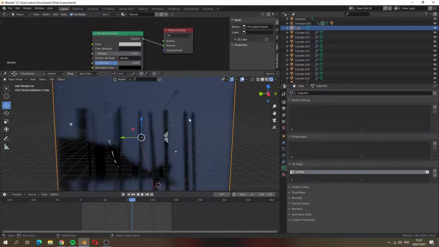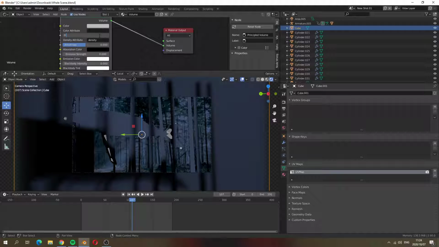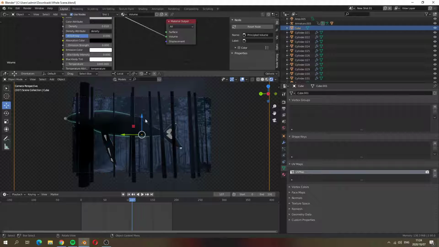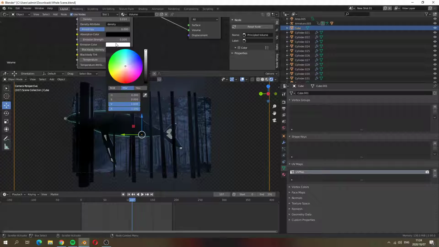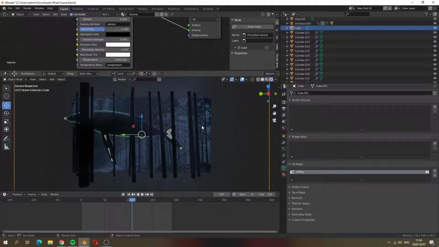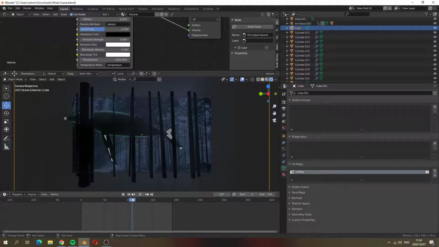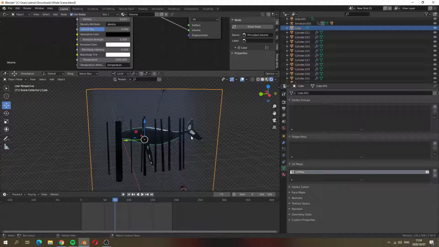I don't just want to do that because I can have a bit more control over things. Obviously, this is way too dense. You want the density to be like that. And it doesn't give me nice falloffs and lines and stuff. And if I don't want it to be as black, I usually put on the tiniest little bit of emission. Okay. What I'd rather do, it's not terrible. I could probably use this big one just as a starting point. But what I'd rather do is